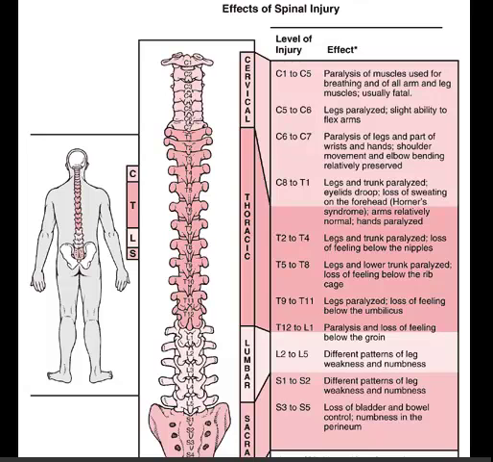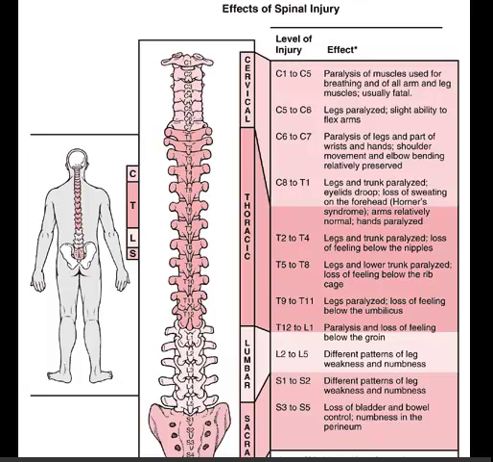C8 to T1, the legs and trunk are paralyzed, the eyelids will droop, and there is loss of sweating on the forehead, which is also called Horner syndrome. Arms are relatively normal, hands are paralyzed. It synopsizes the different areas and what the effects will be below the area of injury. So I do not want you to memorize this. I just want you to have an overall